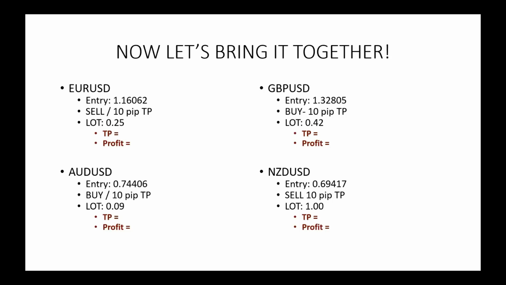Okay, GBP USD. Our entry is 1.32805. We're gonna buy it for 10 pips. Our lot size is gonna be 0.42. What's the take profit and how much money are we gonna make off of it? Okay, so the take profit is 1.32905. And since we're making $4.20,